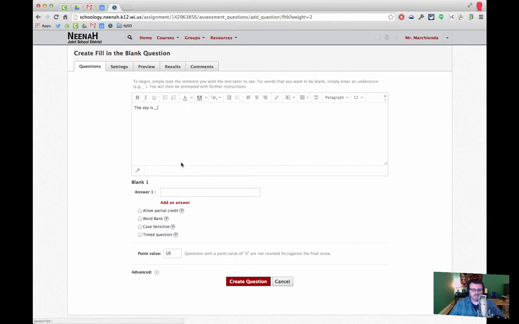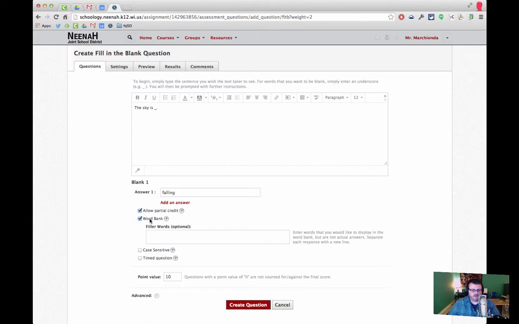I still have all my rich text editing. And a blank one, the answer, I have to add the answer. Falling. There. I can allow partial credit. I can create a word bank, so I can give them choices. Falling,